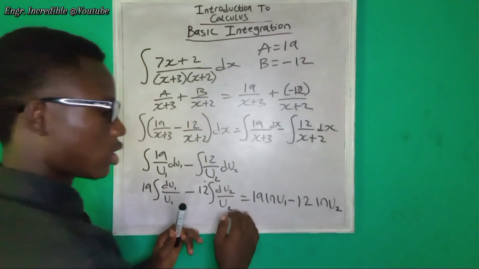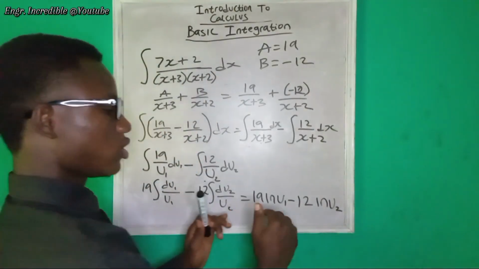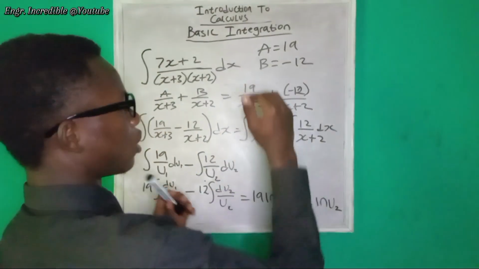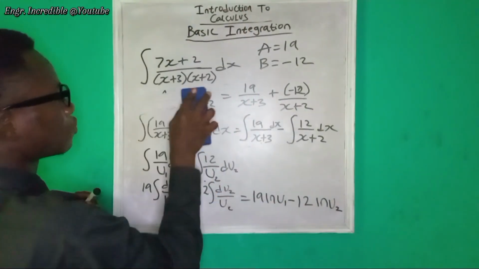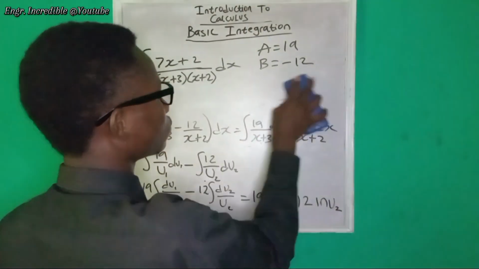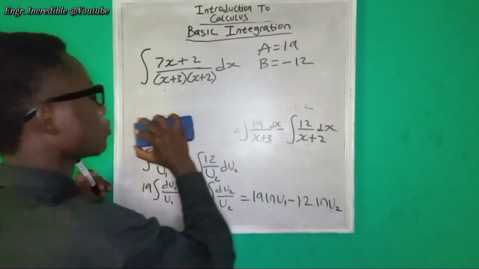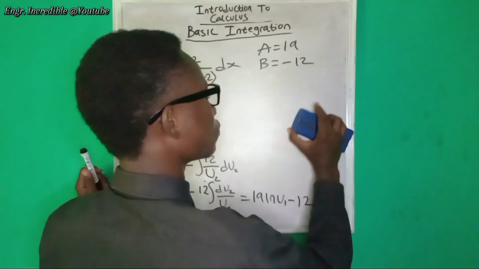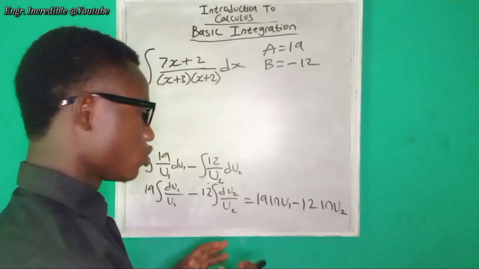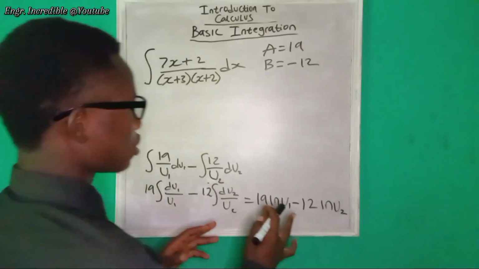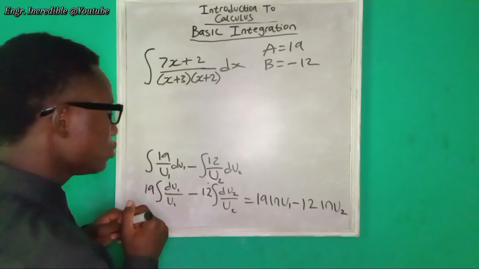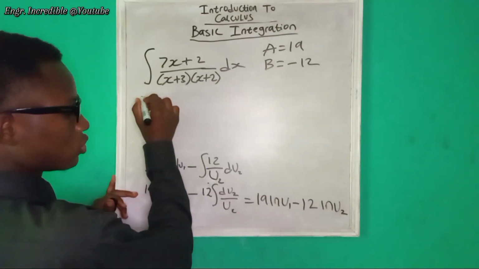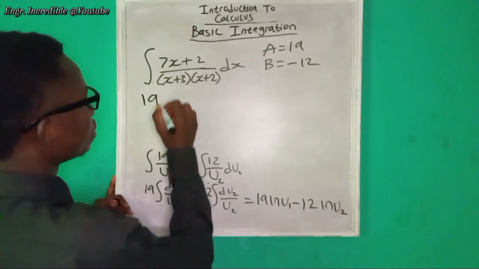So this is our answer, but we have not added our constant, and we are going to be bringing back our u1 and our u2. Right now, we are just going to be putting in the values of u1 and u2. So we have it as 19 ln u1,